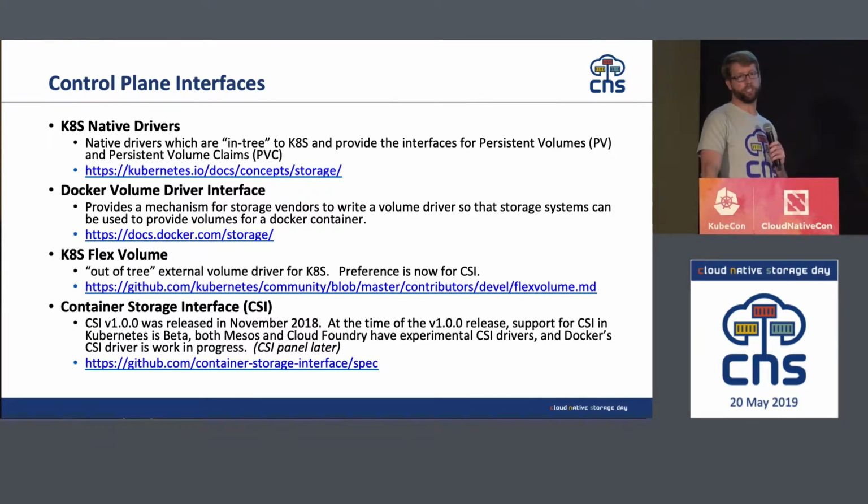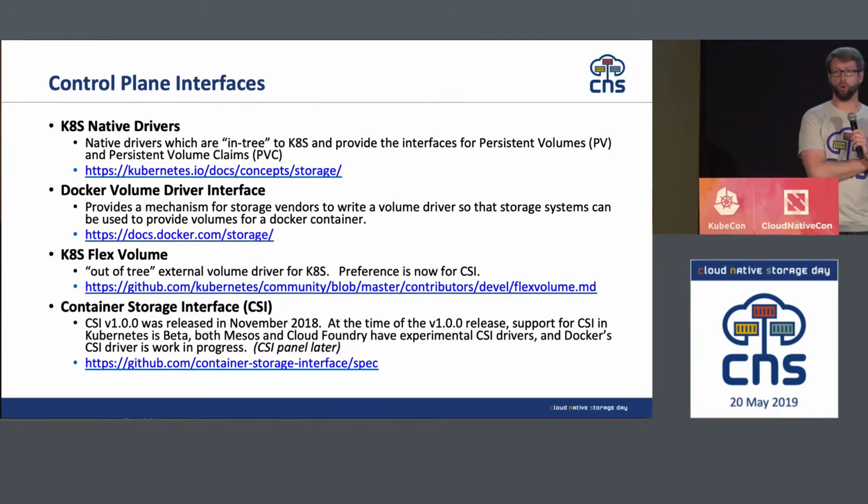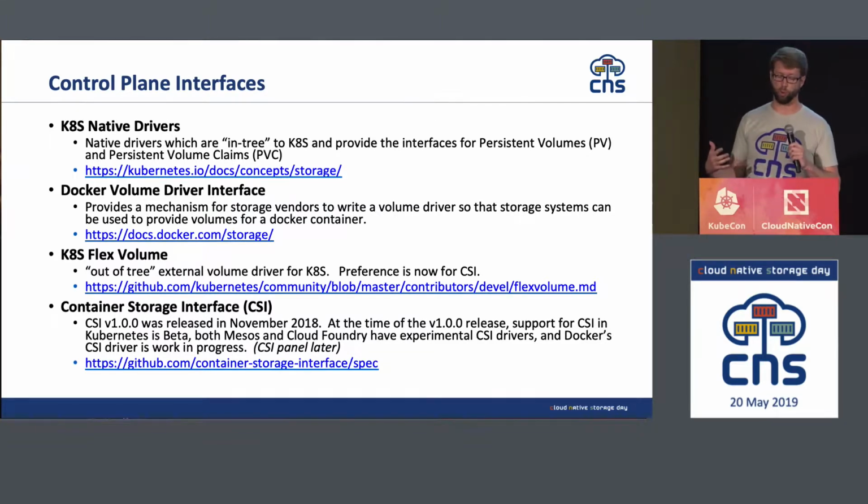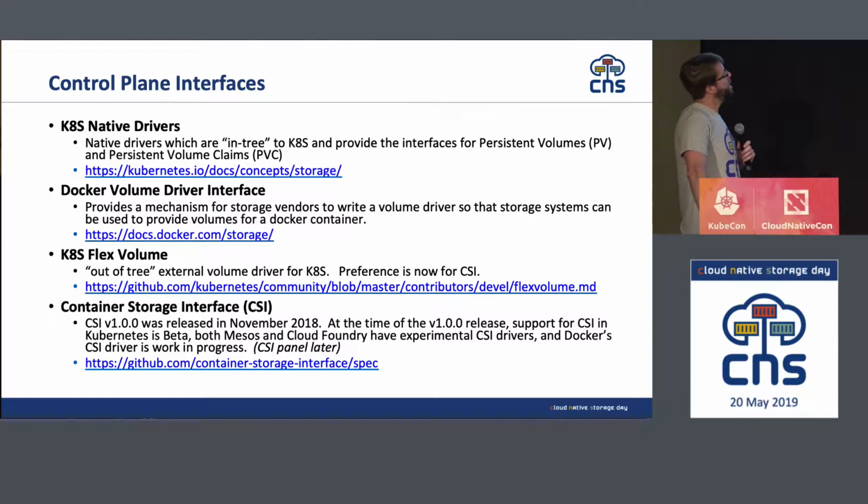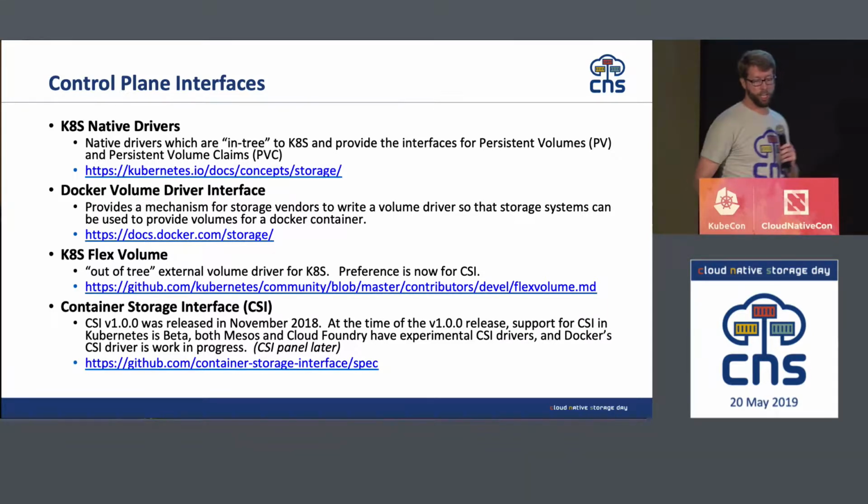So, the big downfall to that is that you are tied to the release of Kubernetes. If you want to make an update to your in-tree volume plugin, you have to wait until the next update of Kubernetes itself. You can't just, willy-nilly put out a patch on some random weekday. Kubernetes has a really, really good release schedule. They stick to it quarterly, so it's not like it's that long of a wait, but you don't have any control over it. The examples of native Kubernetes drivers that are in the source tree of Kubernetes are pretty much all the big ones. Like the cloud provider ones, like Google Persistent Disk and Amazon EBS. Their drivers are inside the source tree and part of the core Kubernetes source code. The next example we have is for Docker.